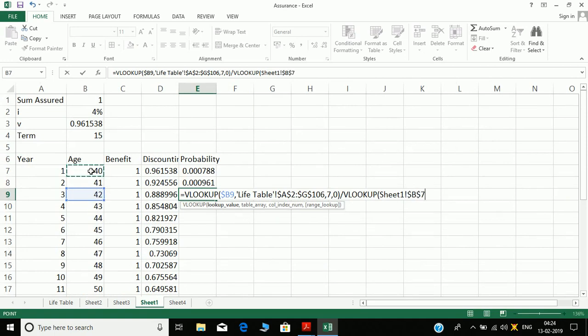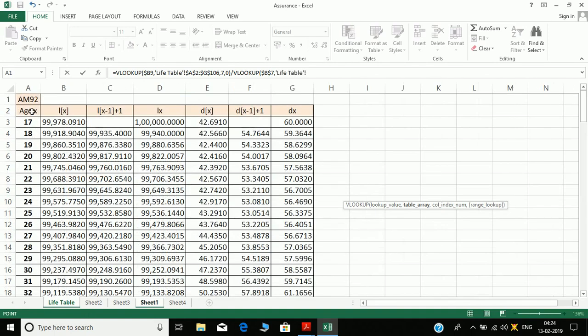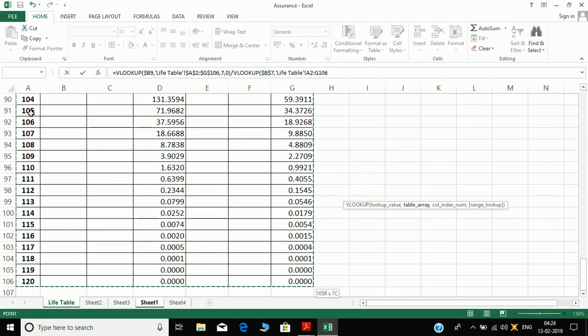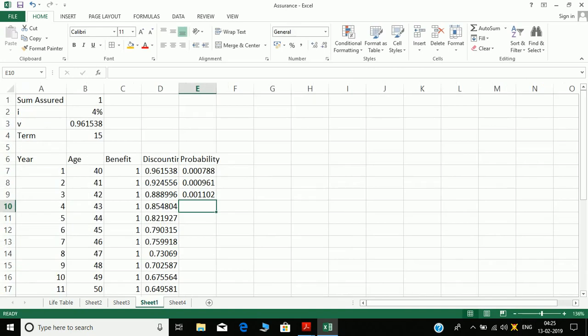If in F4, just remove the sheet 1 from here. And in the life table, that is my table array, the first value, I fix it and I need L box X, that is the second column, and 0. This is my third probability.